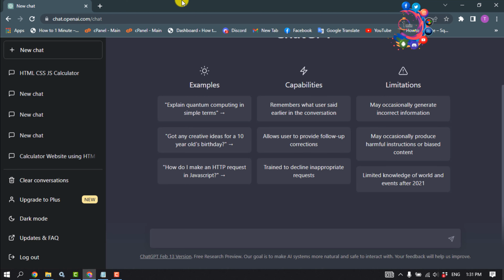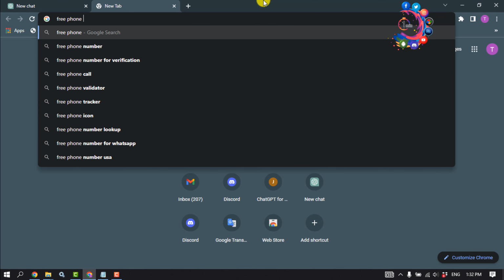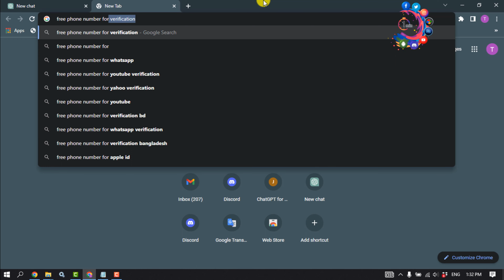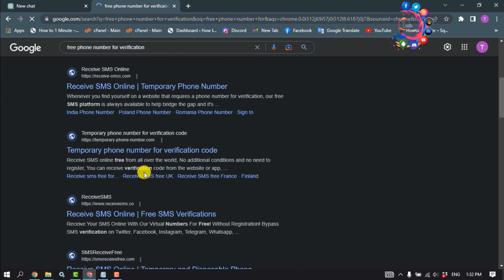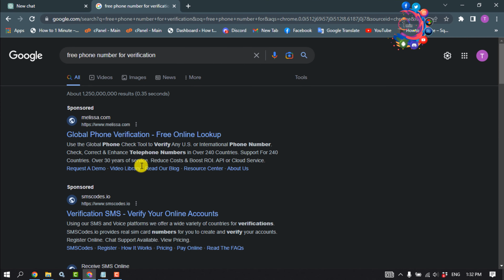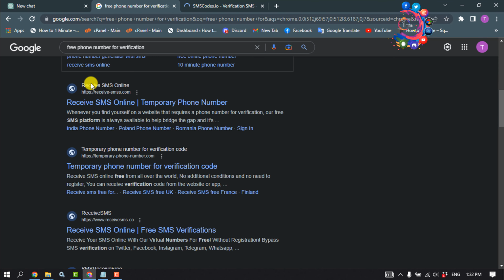To do that, open a browser and type here "free phone number for verification," and then here you will get several websites where you can get a free virtual number to verify your ChatGPT account. So you have to open a website from this list, and this is a very popular website to verify